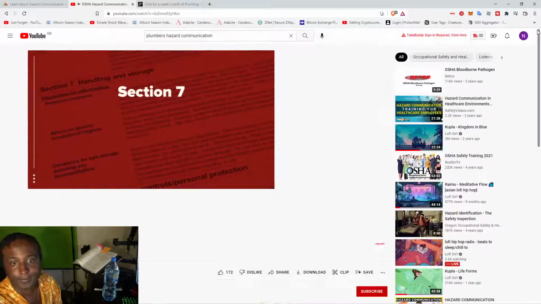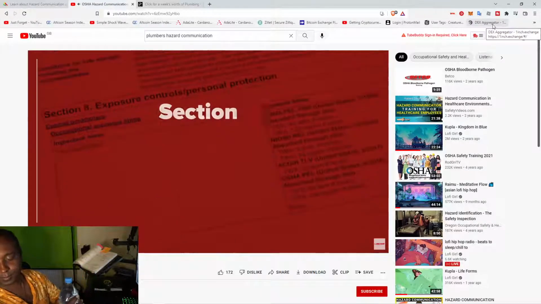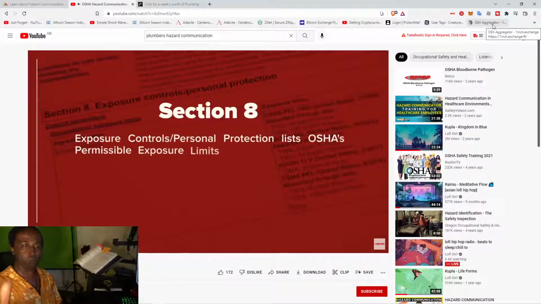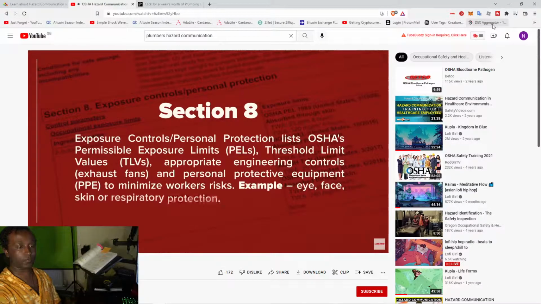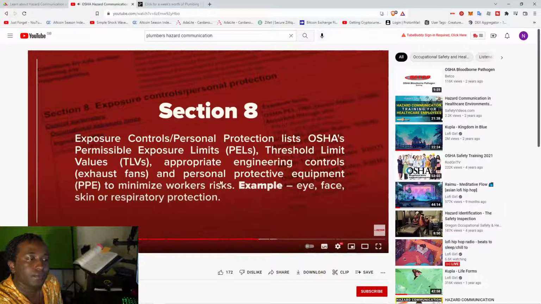Section 7. Lists precautions for safe handling and storage, including incompatibilities with other chemicals. Example: exhaust fans, temperature limits. Section 8. Exposure controls personal protection. List OSHA's permissible exposure limits, PELs, threshold limit values, TLVs, appropriate engineering